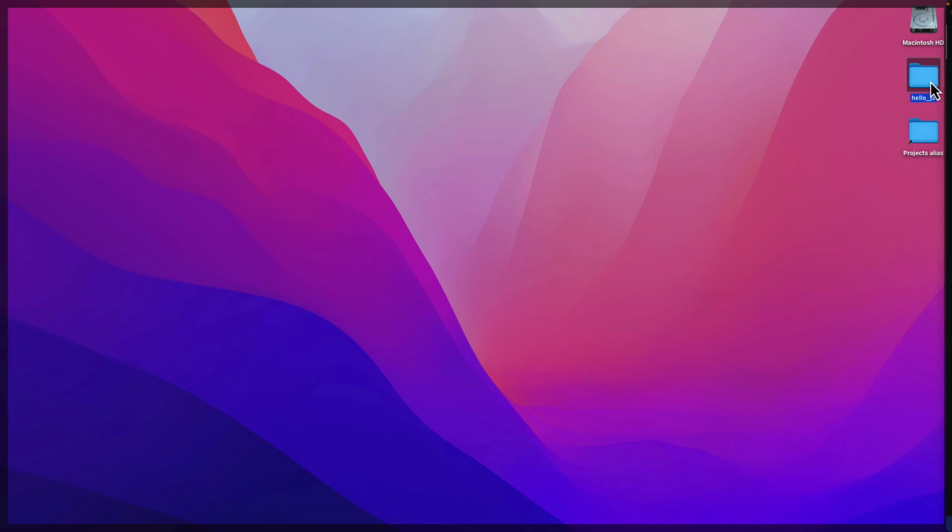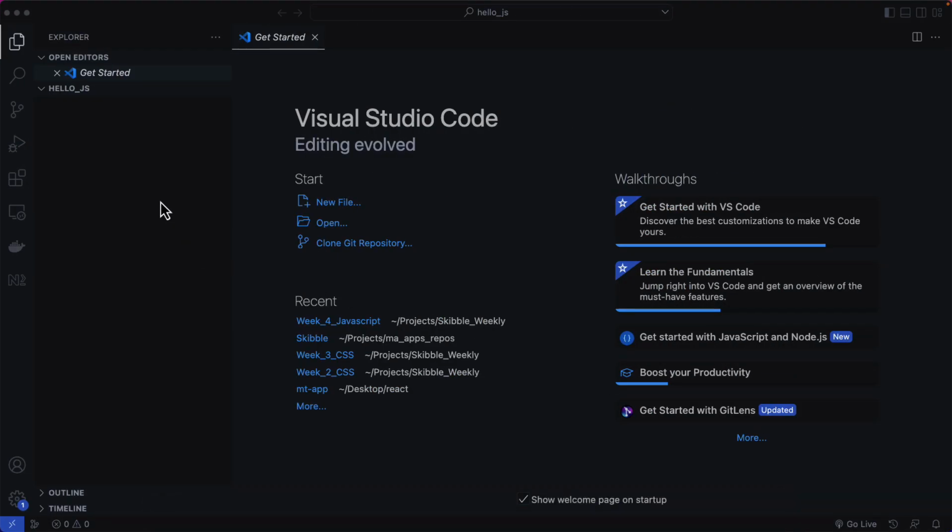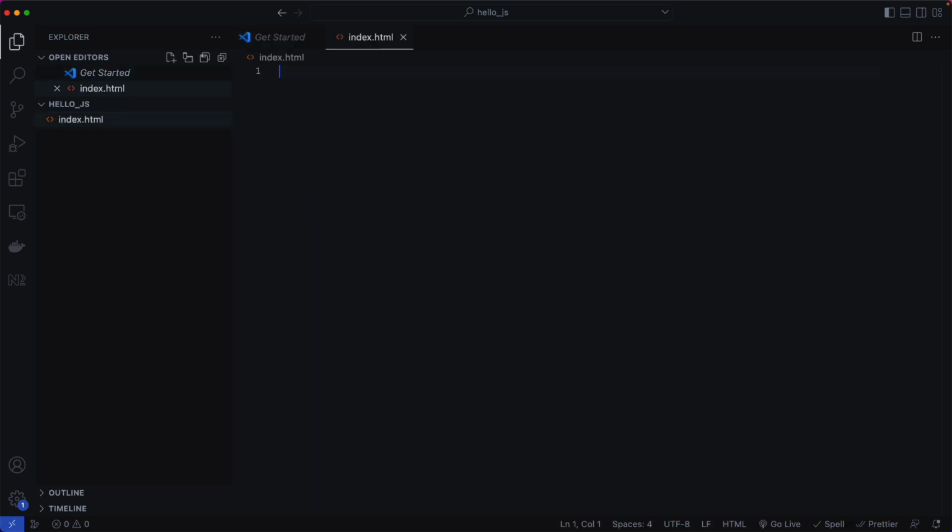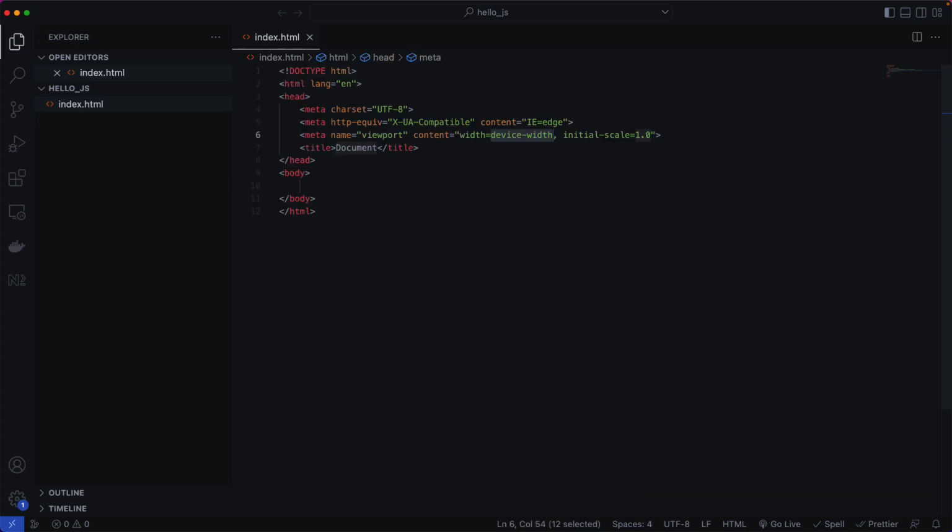And now let's go and create our index.html here. This is where we want to write JavaScript, your first hello world program. So we're going to use this index.html, and let's use the VS Code snippet help to create this document. Let's name it hello world, and in the body